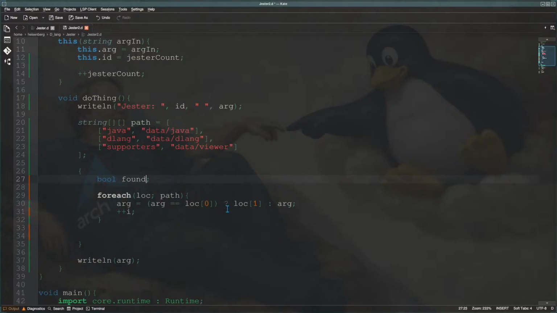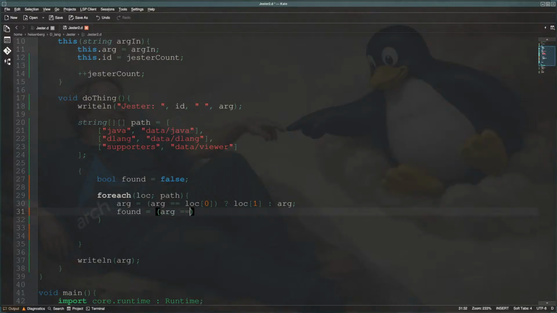And then also needs to set that. So bool found is going to also need its own. It's going to be false by default. I don't like checking two things at the same time. Bool found equals